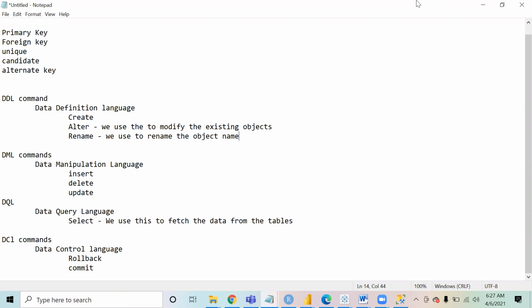You can have 100 rows or 1000 rows, that totally depends. But columns determine how many columns you can have and what defines that table. So if you have to delete or add a column, that will happen through alter. Thank you.